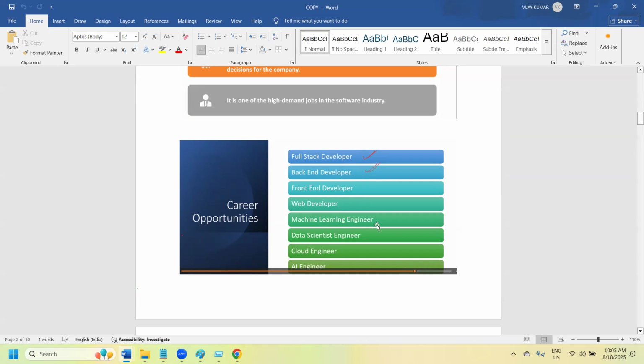If you want to learn machine learning engineering, you must have knowledge of Python, because these software tools are mainly developed using Python. Data scientist, cloud engineer, and AI engineer are the same. If you join as a data scientist engineer, they will first teach you Python only. Even for ML, AI, and cloud, they will first teach you Python. Once you have good knowledge of Python, we can proceed further.